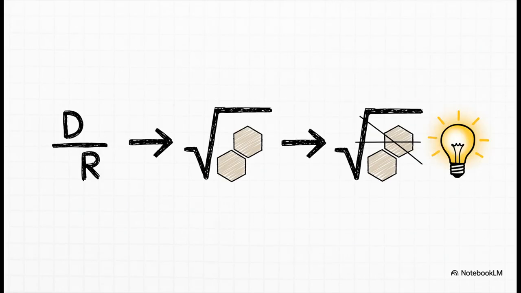And now for the grand finale, step 3. We have something called the co-channel reuse ratio, which we call Q. And Q is just D divided by R. So all you have to do is take that formula for D from the last step and plug it in. What happens? The R's cancel each other out, and you are left with Q equals the square root of 3N. And that's it. Mystery solved. See, the whole thing just boils down to knowing that relationship between D, R, and N.